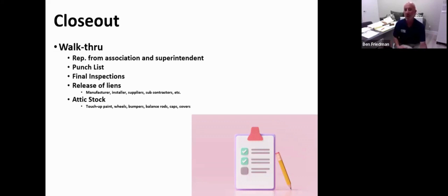So the things that can go wrong on a window and door project: ask for some extras, handles for sliding glass doors, right? You may have a renter or a tenant in your building that just wants to rip that door open quick and he breaks the handle. I want to make sure that when the manufacturer re-engineers or redesigns their product, if they change that handle, you have a box of those in storage somewhere so you can replace it as